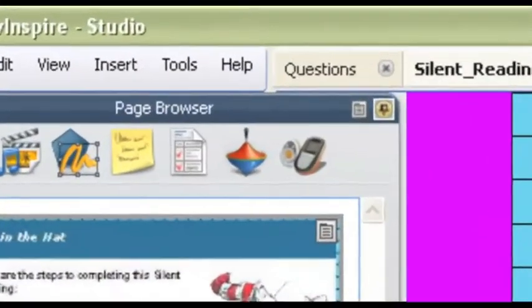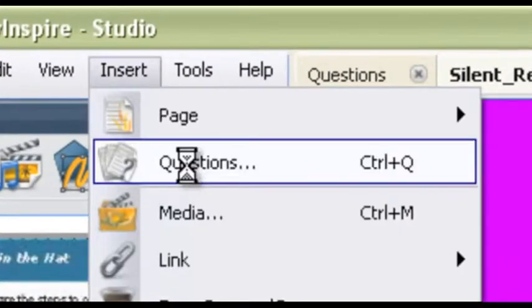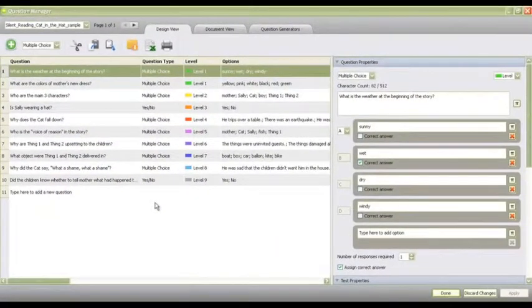When you push play, this quiz will be sent to the clickers, and that's the only place that you will see the questions. If you go to Insert Questions, or hit Control Q on the keyboard, this view takes you to the question manager. Now I already have put in the questions and set the answers and the parameters for this quiz, but I'll walk you through what these actually do.